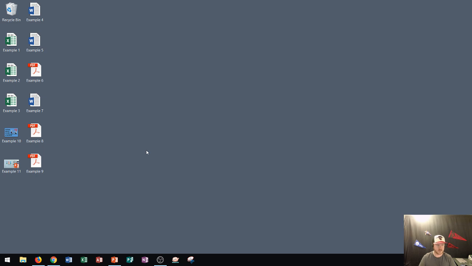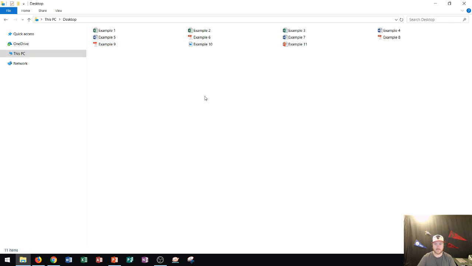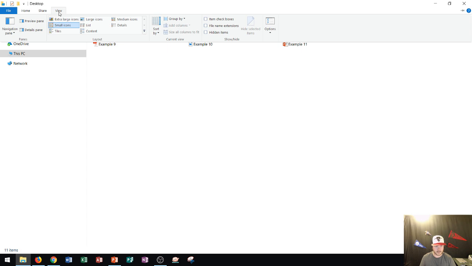So I want to show you guys how to actually show your file extensions. The way that you do that is you open up File Explorer right down here, and again this is in Windows 10. I know that those files are located on my desktop, so I click there. You would just go to whatever file or storage location you know the file that you want to find is. And so I see the files right here. Now I can't really tell a lot about what the files are from this view in File Explorer, so I actually have to change my view. One of the things that I do is I go right up here to the View tab, and I click that View button.